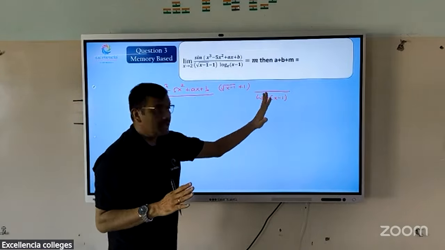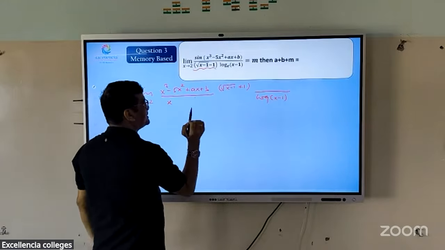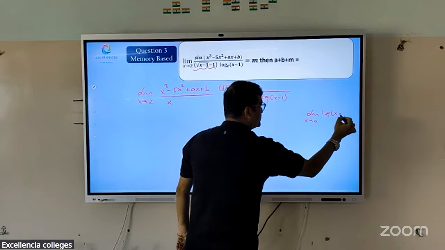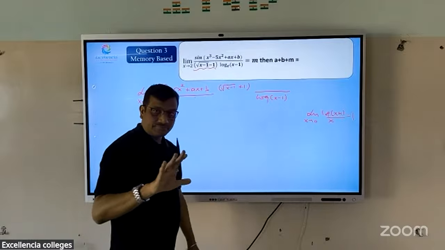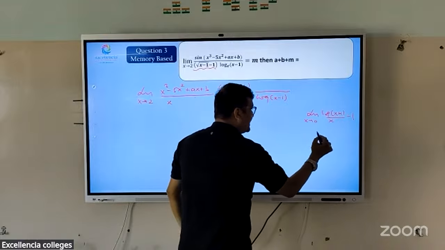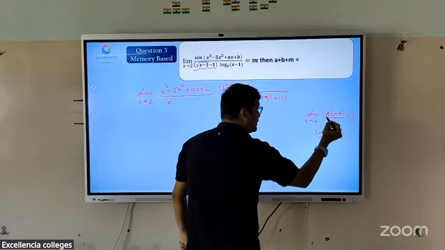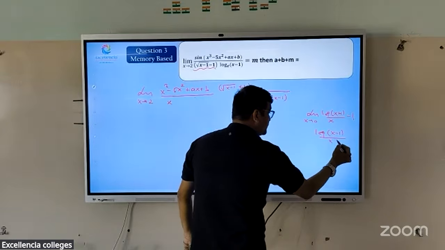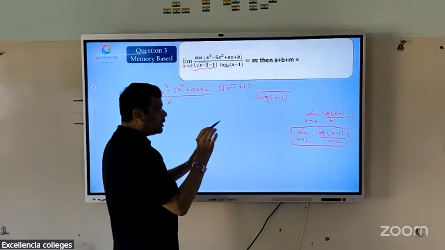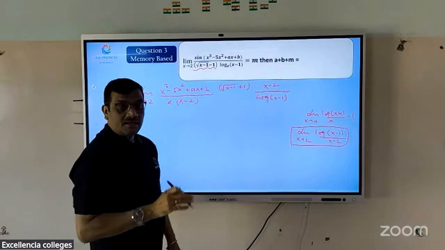After rationalization, now I have one more. Limit x tends to 0, log of (x plus 1) by x is 1. We all know that this answer is 1. Now if x minus 1, it is log by x goes to x minus 2, so this is x minus 2, x tends to 2. So this is 1. So what will I do? I multiply by x minus 2, I divide by x. This became 1 because of the limit. This is 2 because of this.